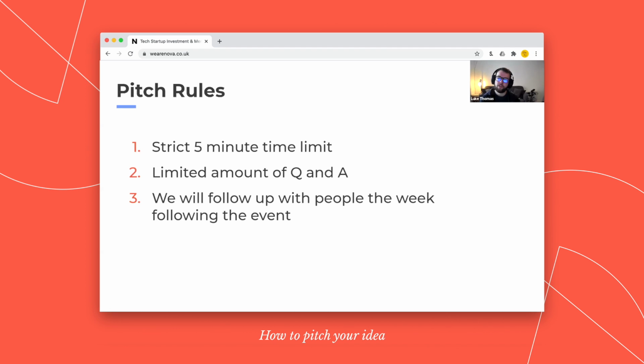This tells us that you've really thought about the idea, you know exactly what the important points are, and it's actually a lot harder to speak concisely and directly than it is to just go on and talk a lot. So there'll be a strict 5 minutes. Make sure you've practiced in advance and you're under that 5-minute time, so you don't get cut halfway through and miss giving that key piece of information.